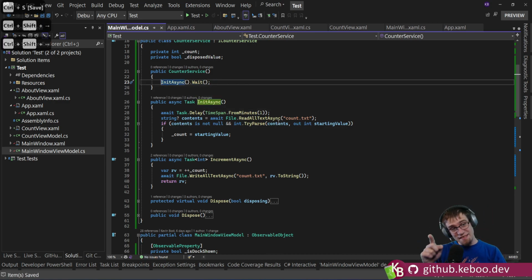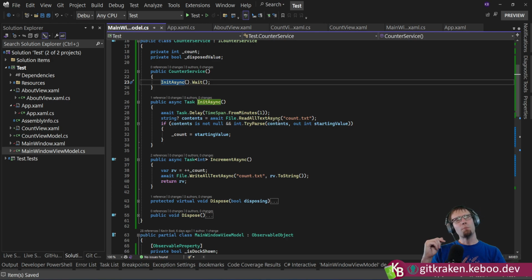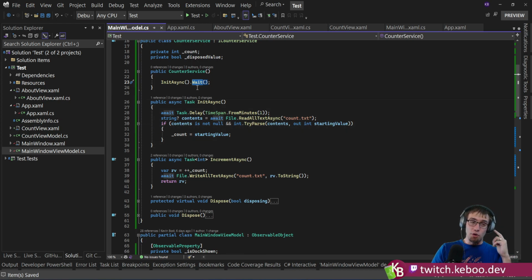This is horrendously bad. In general, you should avoid calling .Wait and .Result on a task pretty much. You should do it never. Like bad, bad, bad. The reason is because you've now taken something that was intended to be asynchronous. You've now blocked it, saying, no, my current thread is not going to move on until this thing completes asynchronously, which means you're expecting that some other thread is going to go process this. So while that thread's processing, the calling thread is going to be blocked, sitting on its thumbs doing nothing, waiting